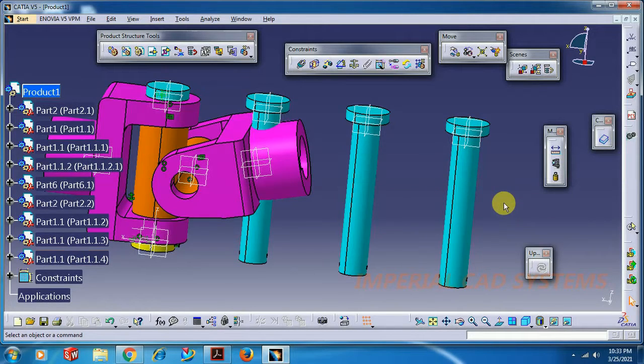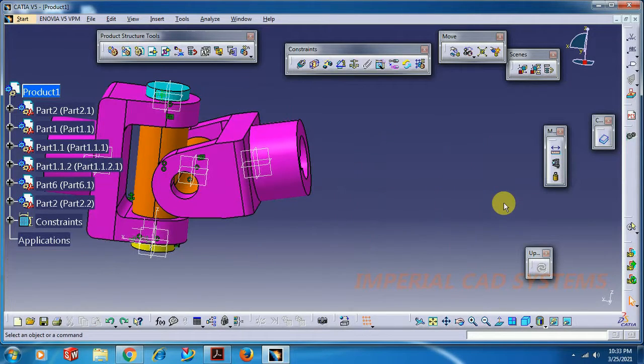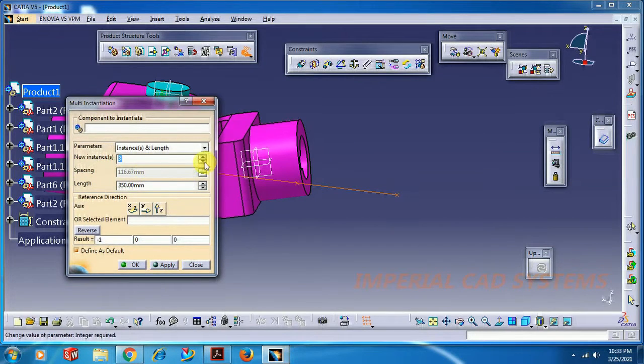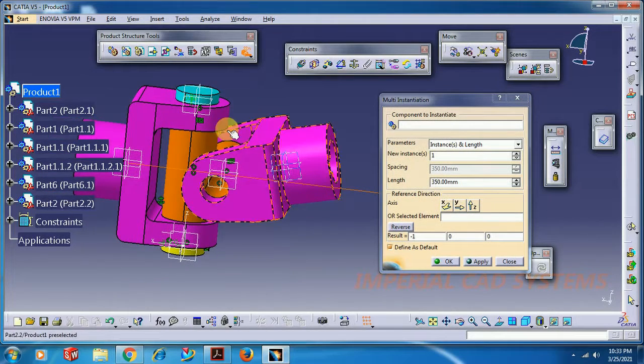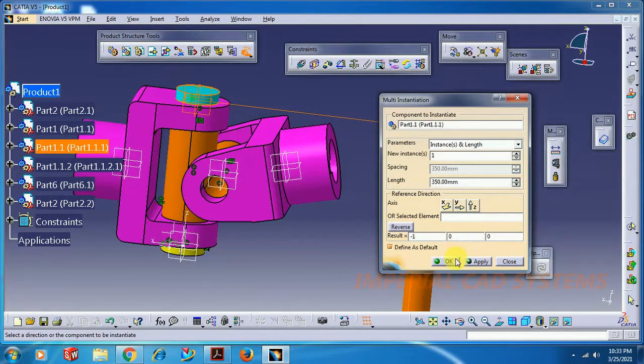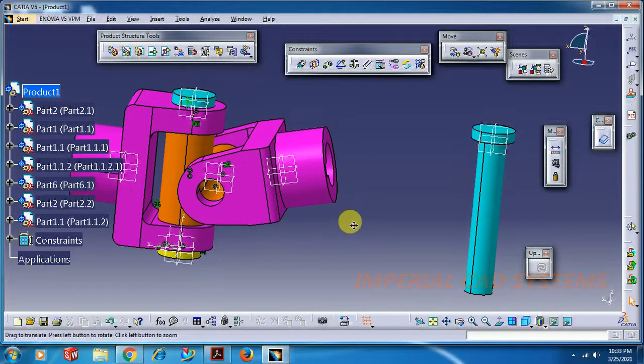Here we got 3. Why? Because I go back. The next option to that is fast multi instantiation, and here define multi instantiation. Select that. Here you need to keep only 1. Keep here 1. Then select that object. Then we got 1.